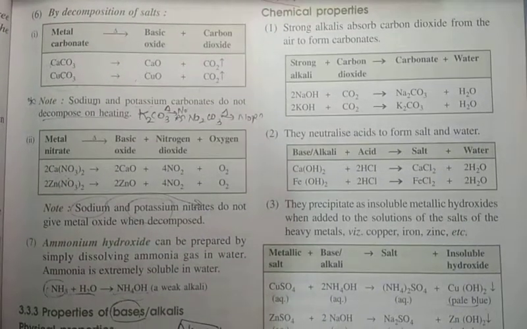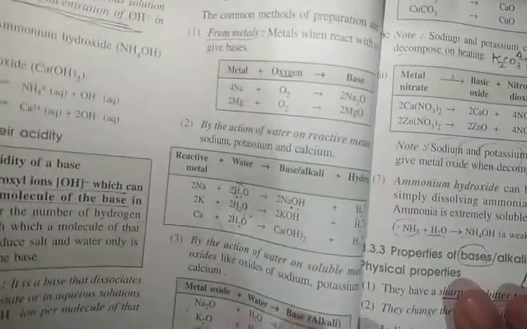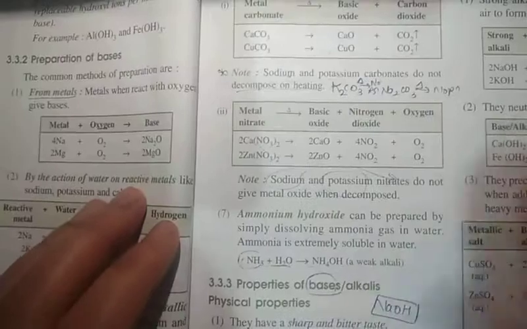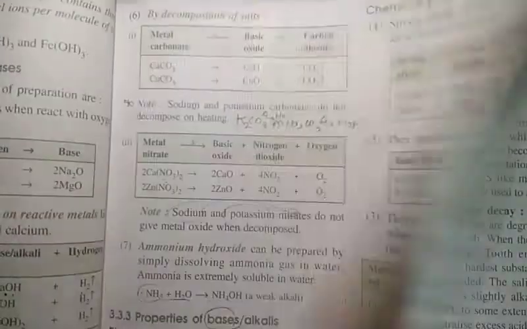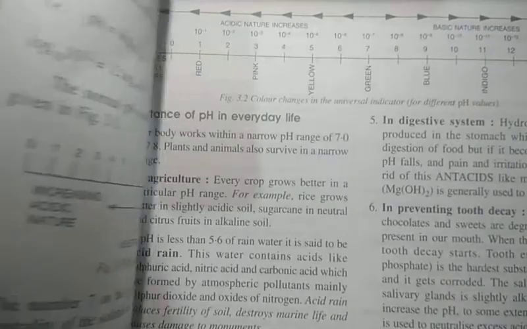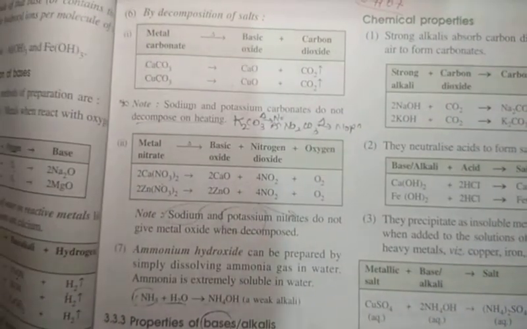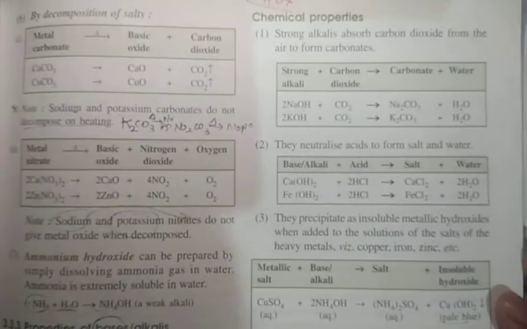Good morning, students. Yesterday we discussed the properties of bases and alkalis, their meaning, their reactions, everything. Today we will be focusing more on the chemical properties of alkalis, and we will try to solve the questions of this part, exercise 3A, and thereafter we will be studying the test for acidity and alkalinity. So, starting from the chemical properties,